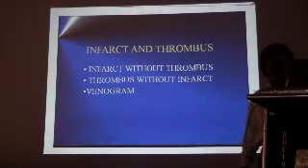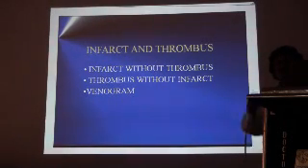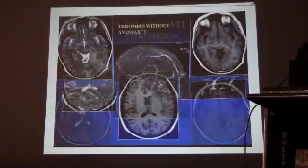Again, infarct without thrombus, thrombus without infarct, and all of them. Shall I go on? I think this will be more common. Okay, so what we have learned from this one,